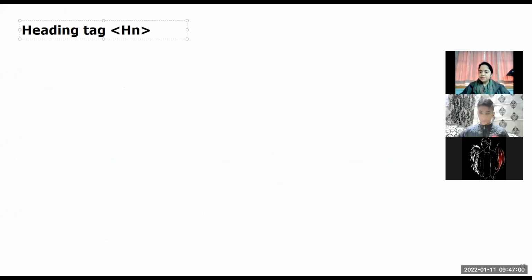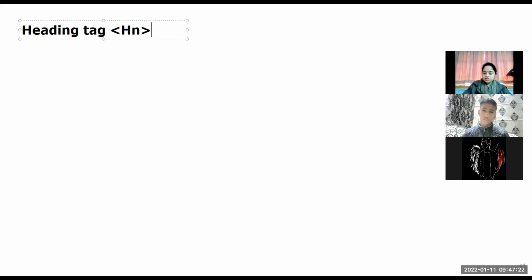That means I want to specify the text as a heading. When we specify the text in a heading, we give it a different size and make it bold. So the heading tag allows you to display the text in different levels of heading or in different font sizes.